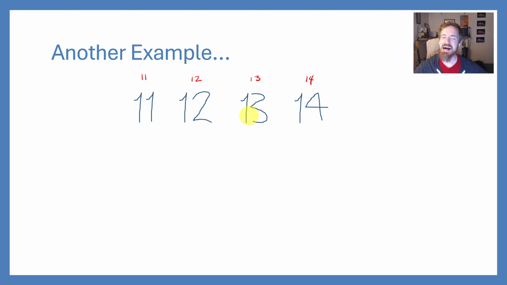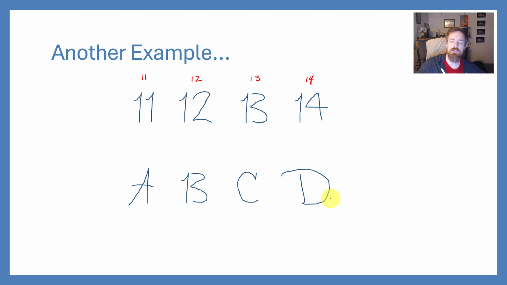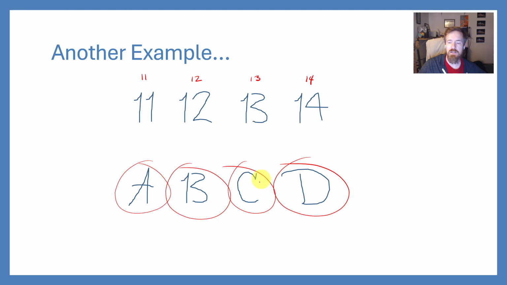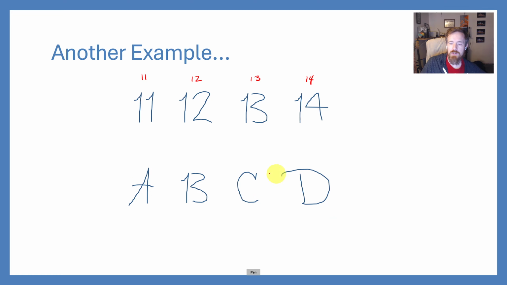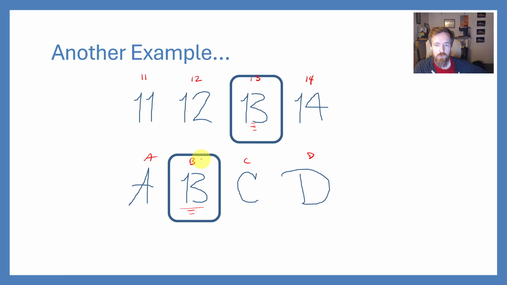But anyways, this is an ambiguous configuration, right? So it is the number 13, but it is also the letter B, right? So if I were to ask you to read this, A, B, C, D, right? In this case, we took that ambiguous configuration, and this time we thought of it as the letter B. Now, why do we do that? Because of the context which surrounds that symbol. The context here is numbers, the context here is letters,